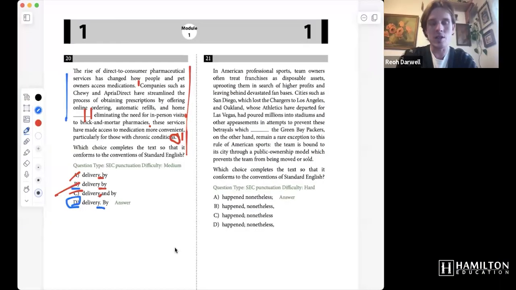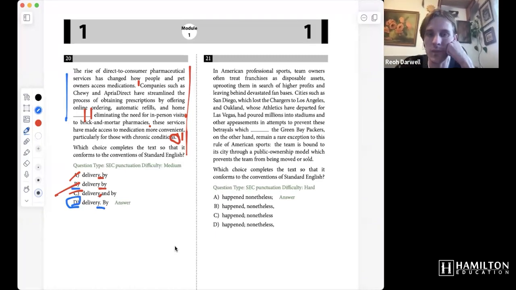All right, if you missed question 21, you got a hard question wrong, even though it's actually an easy question as well. Why do I consider this question to be hard? Well, I think it's really easy to make a mistake on, to not understand the meaning and not look for the clues that guide us to the correct answer. But why is this easy? Well, because the meaning of the passage is so clear once you read it that every single other answer choice doesn't work. Okay, so